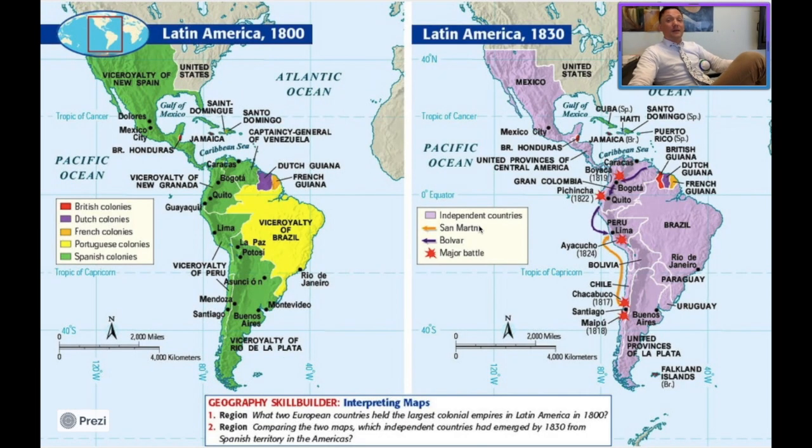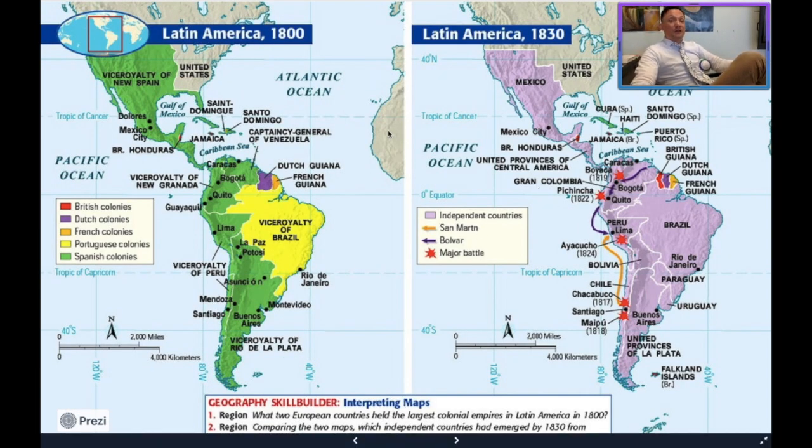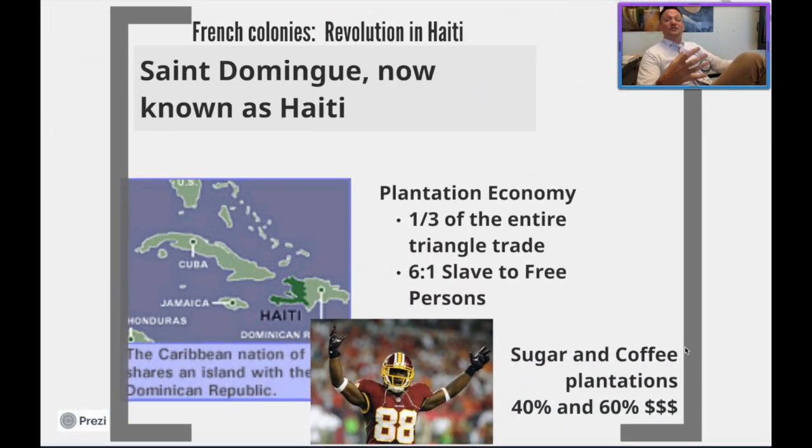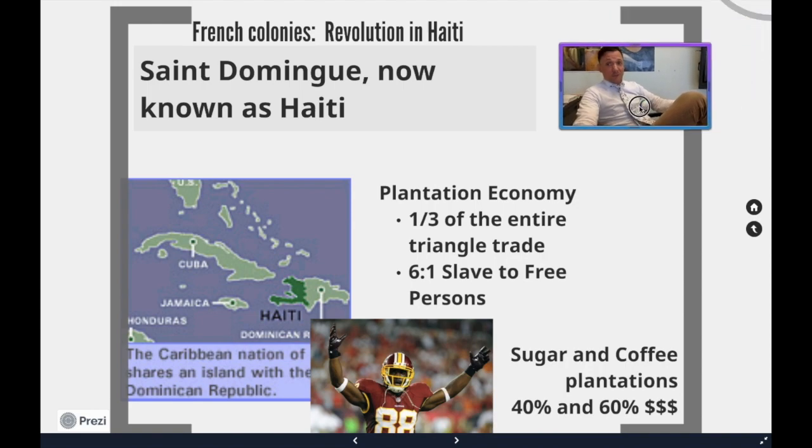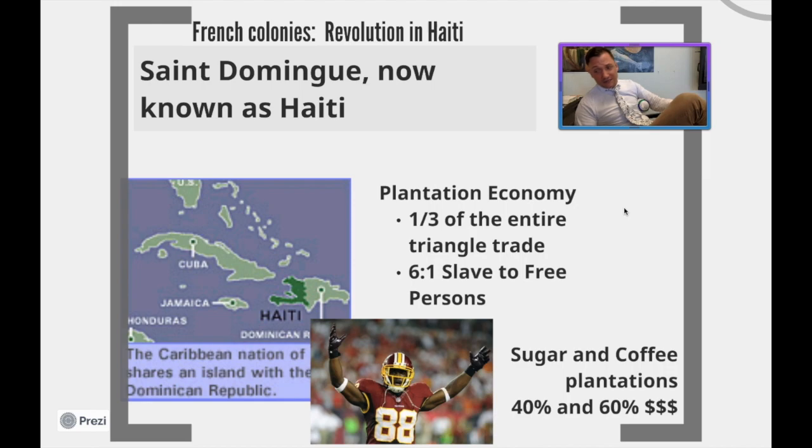All right, so we're going to mainly be focusing on how we're going to go from looking like this to looking like this and being much more broken up, and also these Latin American countries coming to fruition. Now, I love to focus particularly on this story. This is where you need to start writing stuff down. This is the big stuff that you need to start getting, okay?